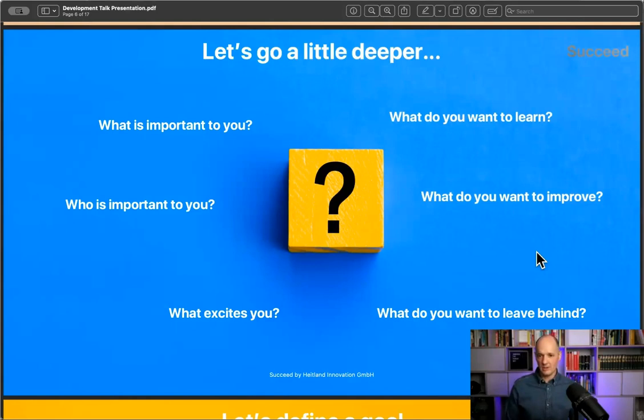Other questions are, what do you want to learn? What do you want to improve? And as well, what do you want to leave behind? That can be leaving behind habits, bad things, or people, whatever they come up with. Always give them the possibility to go back to the picture. It's really a painting exercise, literally, where you help them paint their future picture from 5 years from now, and then discover the why. And this question is just looping them back into that picture. So always have a conversation about how that relates to the picture and help them to frame it.